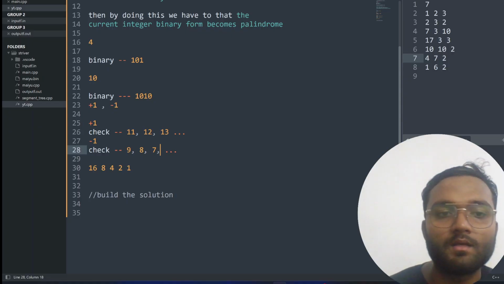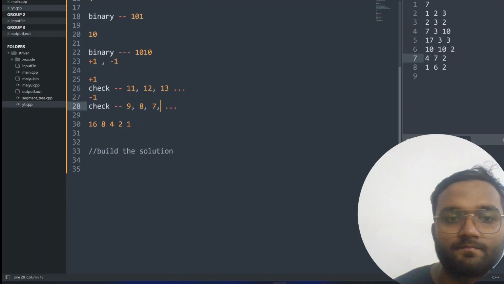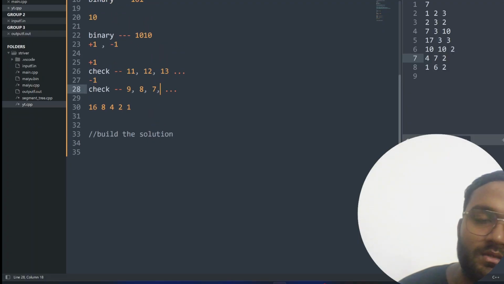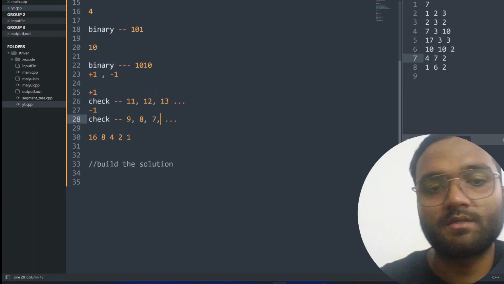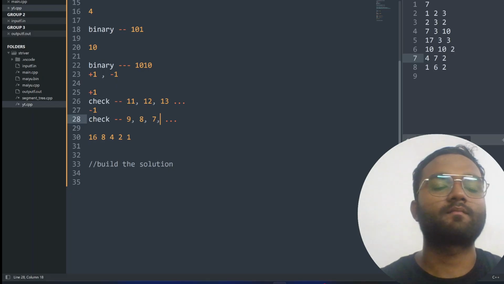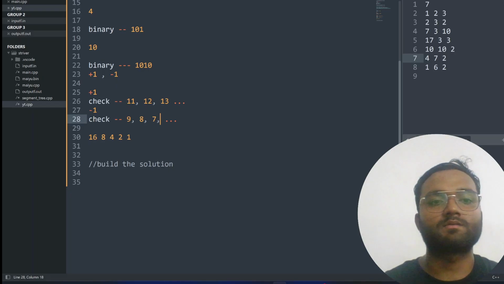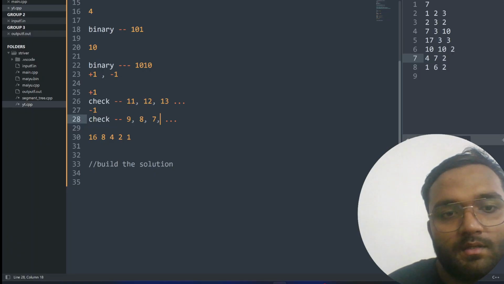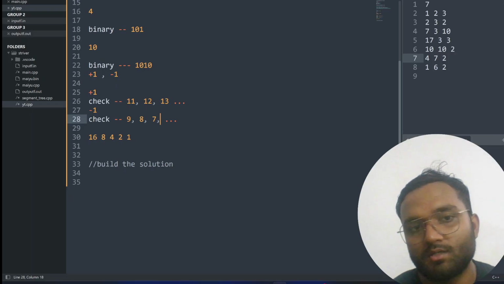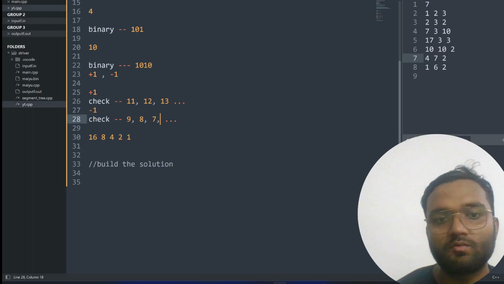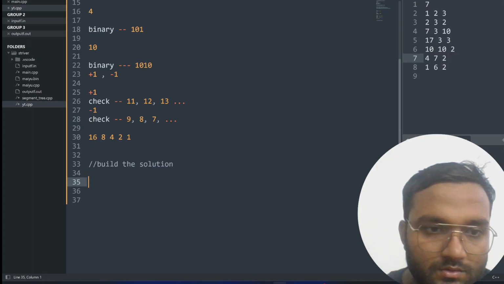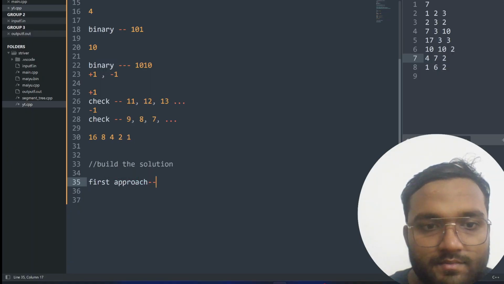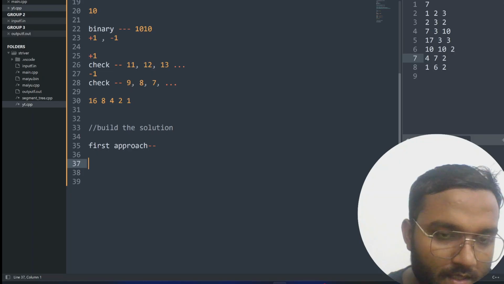Okay, so the first thing that comes to my mind, I hope you understand: we can check for alternate +1 and -1 and try to see whether the number is a palindrome or not. So if I think about the solution, the first approach that comes to my mind is